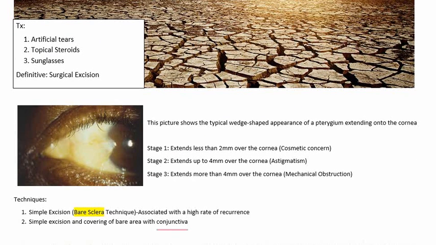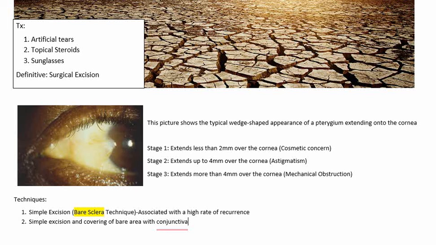There are three stages of pterygium. In stage 1, less than 2 millimeters of the cornea is covered by pterygium. At this stage, if a surgical excision is performed, it is done because of cosmetic reasons. In stage 2 pterygium, the pterygium covers less than or about 4 millimeters of the cornea, and at this stage, the pterygium has extended so much that it is now exerting significant traction on the cornea, and there is astigmatism